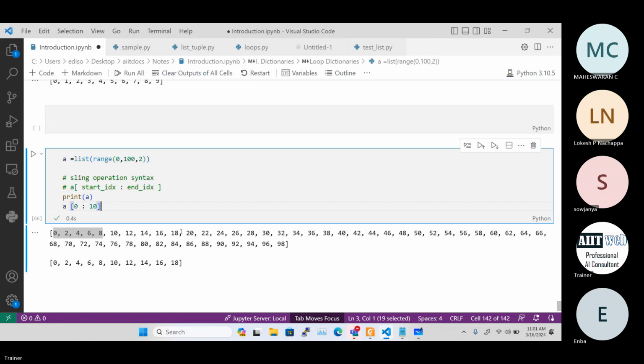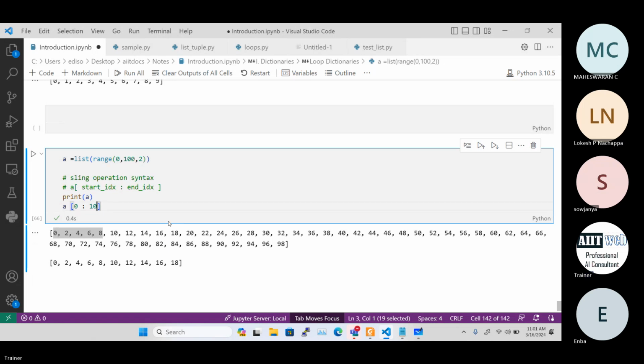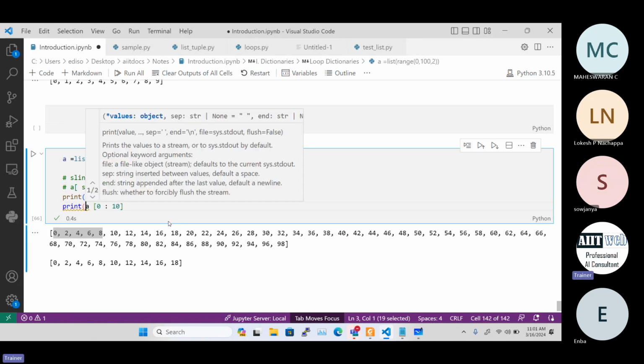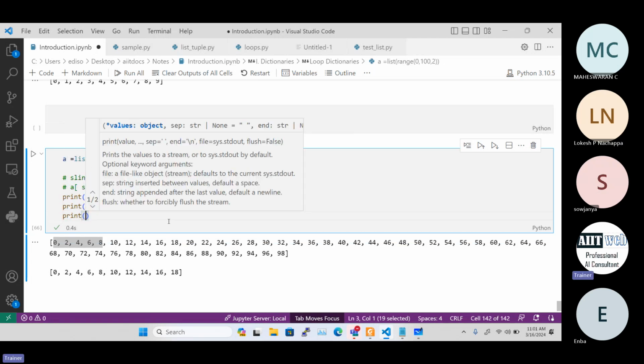Now we have to start the next slice. So how can we access that? Print. The next slice will be like this: A of